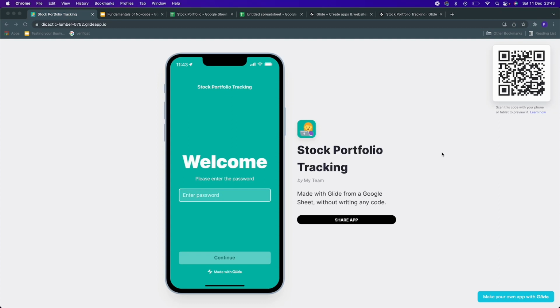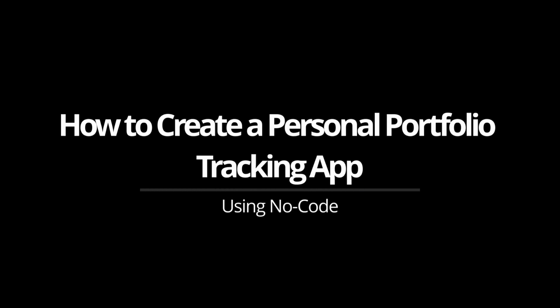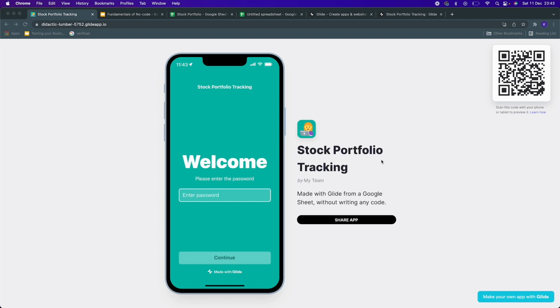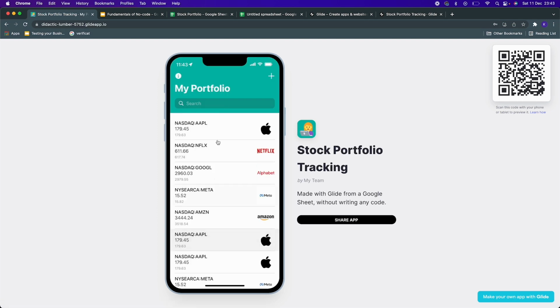Welcome to Zero Code Club. In this video, we're going to see how to create a professional looking website like this completely using no-code tools. So what is this application about? This application is about tracking your own stock portfolio. It has a login screen, and if we log into the screen, we'll be able to see the list